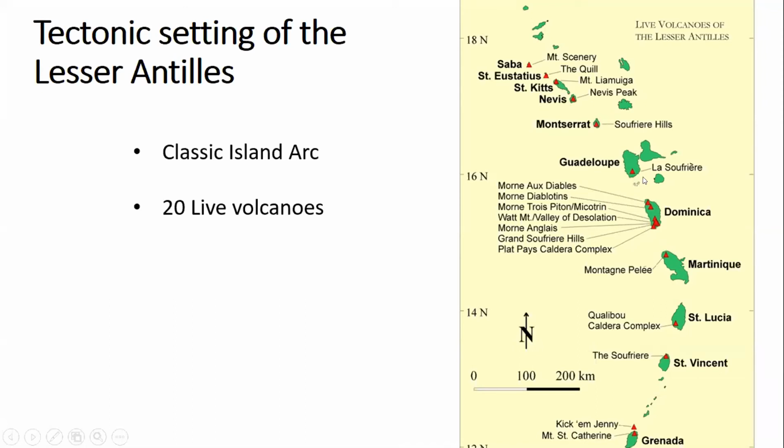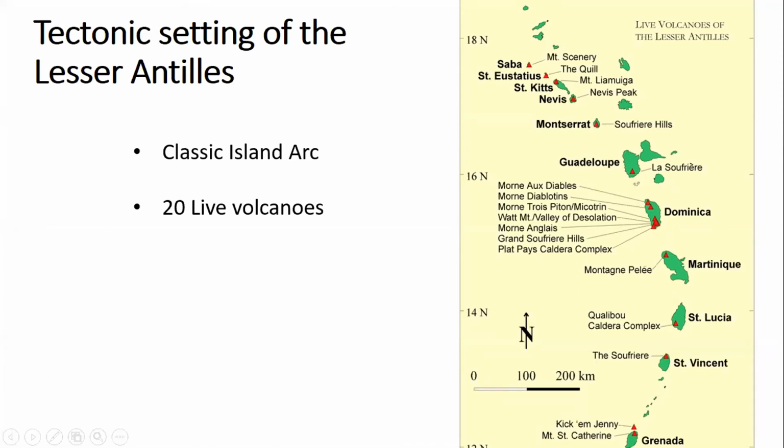I'm going to move to Guadeloupe and talk about a crisis in the 1970s. And we're going to move to Montserrat with the eruption which started in 1995. There's been no eruption there since 2010. But of course, many of these other volcanoes could have erupted as well. And then finally, I'll finish up talking about St Vincent, where a new eruption started at the end of last year and is currently ongoing. So actually the only ongoing eruption.